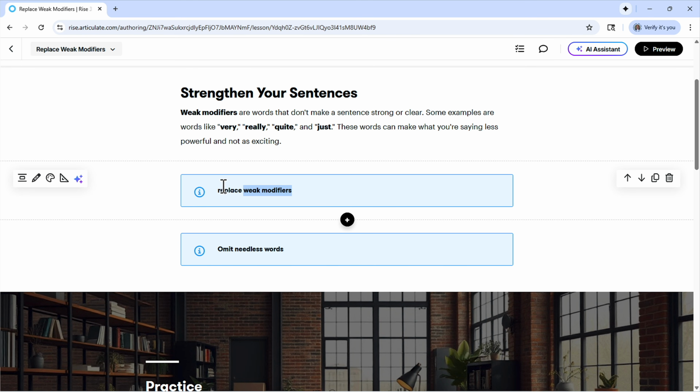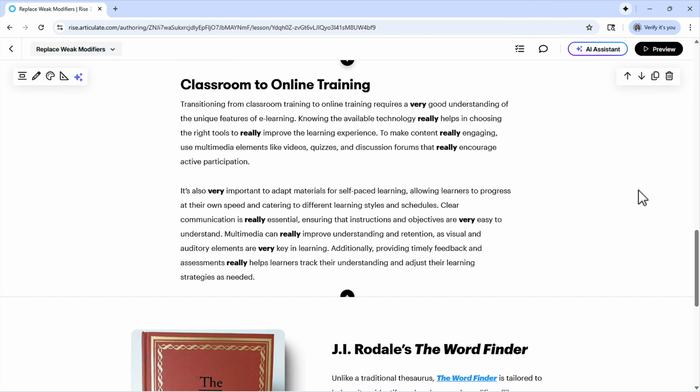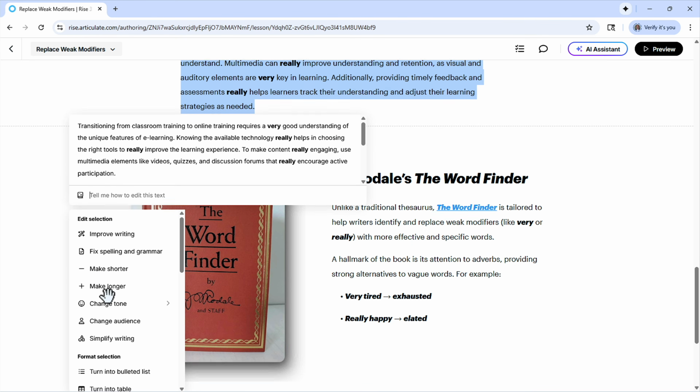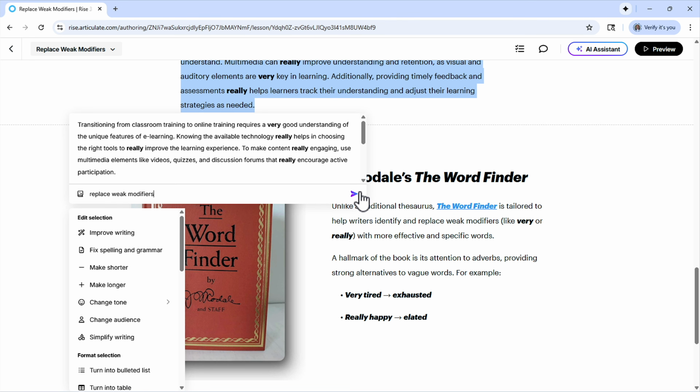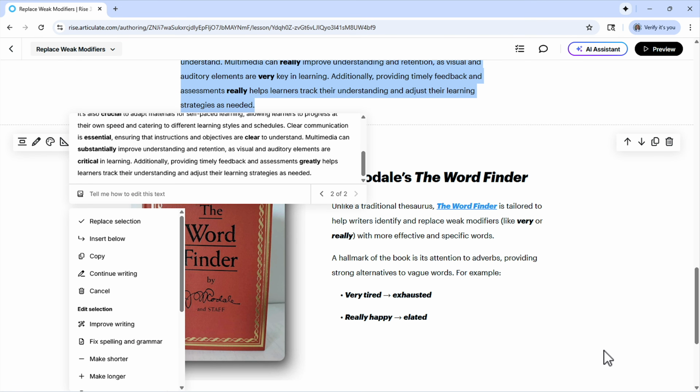Let's just try the first one, replace weak modifiers. Come down to our example with classroom to online. So there's all of our reallys and verys. Obviously, they're really, see me using that in my speech. Obviously easy to see when they're bold, but not so easy to catch when they are all of the same formatting. So we'll do a select all and then apply our AI edit prompt and replace those weak modifiers, and most likely it'll omit them or perhaps use a